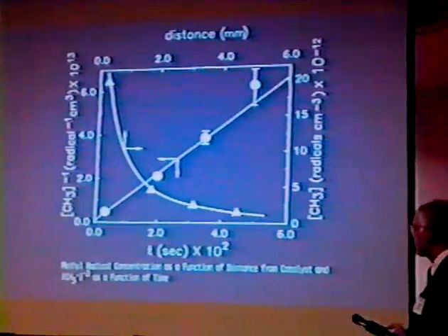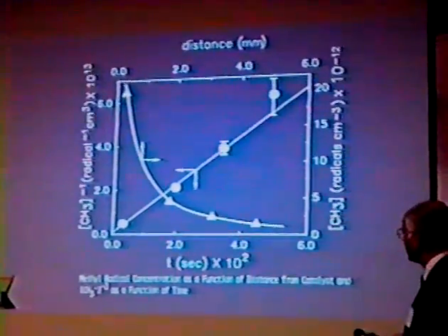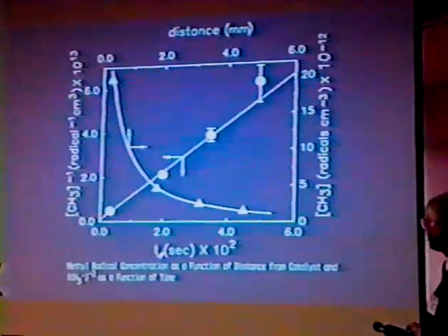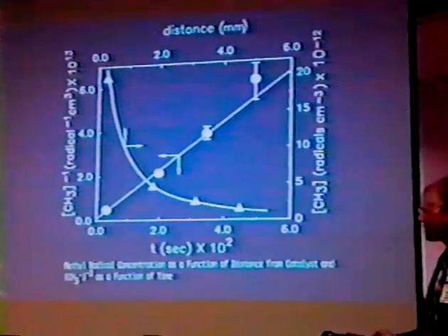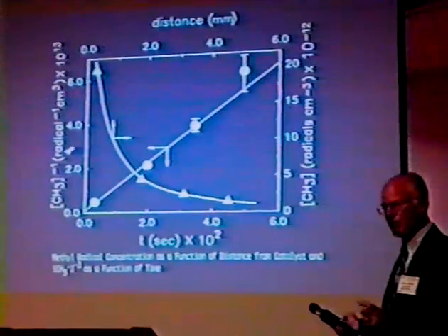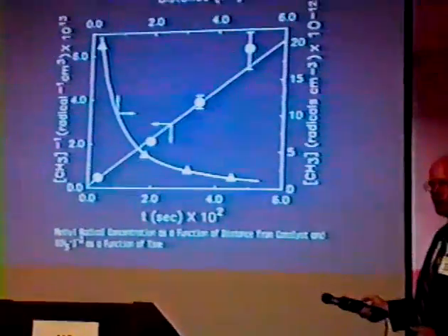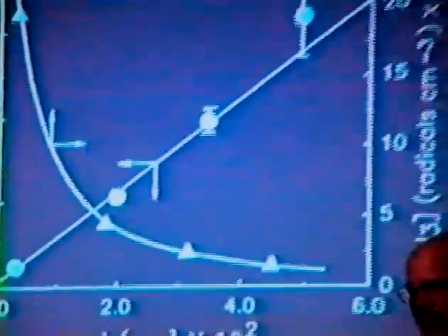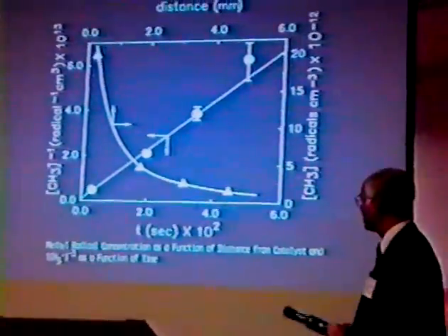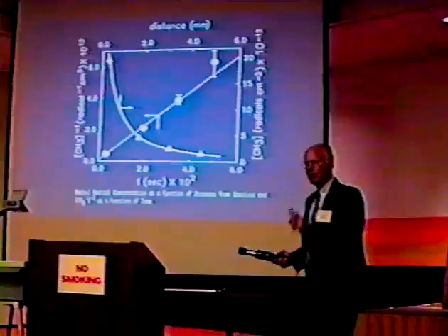from the catalyst bed. Now, knowing the flow rate, we can convert that distance to time, and if we plot 1 over the radical concentration versus the time, then we should get a straight line, since it's a simple bimolecular reaction, whose slope is the gas phase rate constant, whose intercept gives us the methyl radical concentration exiting the catalyst bed. Well, I won't go into details about the rate constant, but it is generally in good agreement with that which has been reported for the radical coupling reaction. Of more interest to us now is the concentration of methyl radicals. We have the next slide, please.